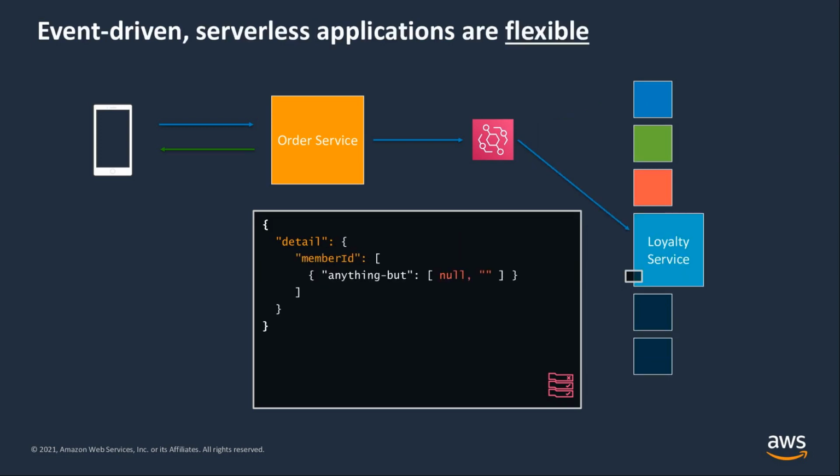So in the future, if say we decide to add something like a loyalty program, for example, instead of rewriting the application or changing the order service, we could just add a new filter rule to EventBridge. So if there's, say, a member ID in the event, we'll send that event to the loyalty service for processing. This allows us to choreograph the flow of events in the system and maintain the boundaries between our various services. So unlike the traditional monolith architecture, this approach is much simpler to implement, and it's really just cleaner overall.